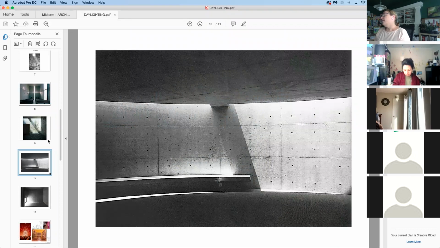This is another Tadao Ando building. This is a water temple building on an island, and above this there's a skylight in this circular building that runs around the top, and there's a pool of water above. And just how it creates that fairly thin line, I don't think it's probably between 6 to 9 inches wide,